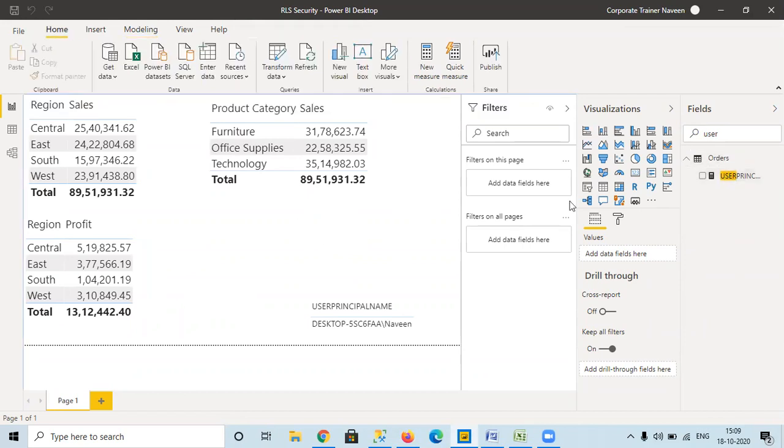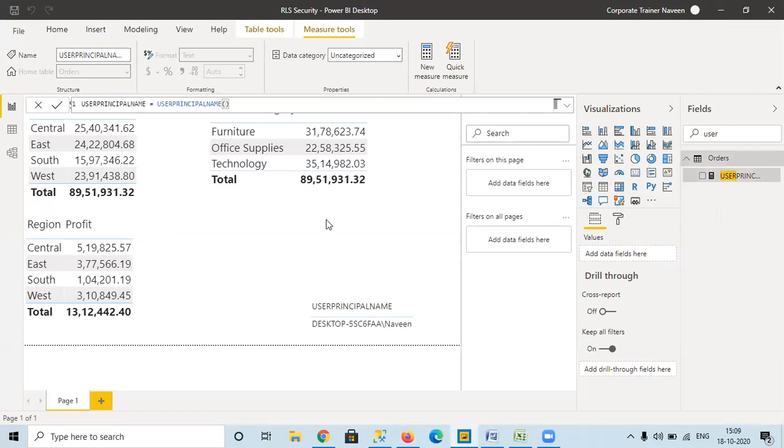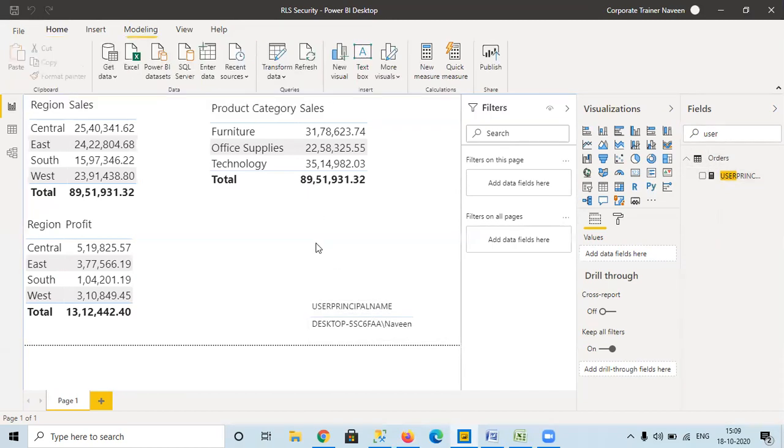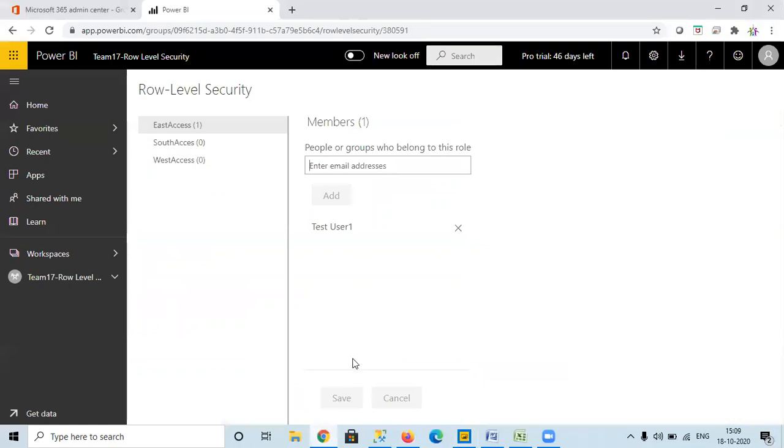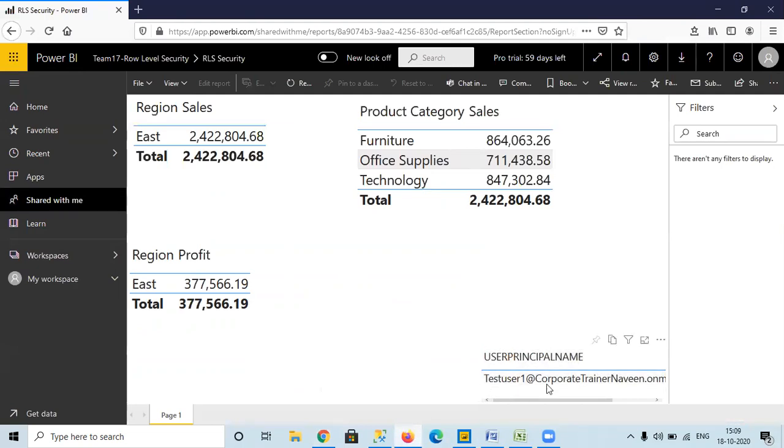This is a dynamic function. When a person logs into the system, it gives his name. In desktop it gives it like this, but in the server it will always give an email ID. When I go to the report on the server, you can see the mail ID, test user one at, whatever the mail ID is.